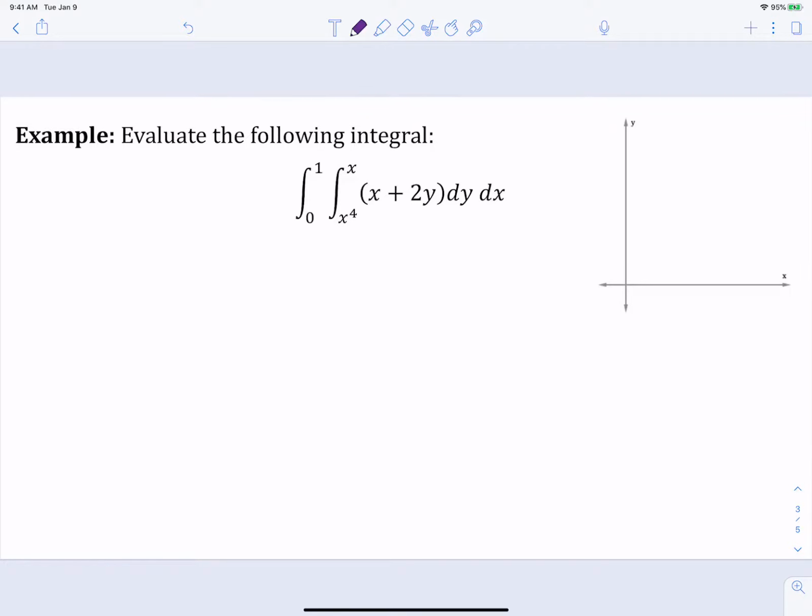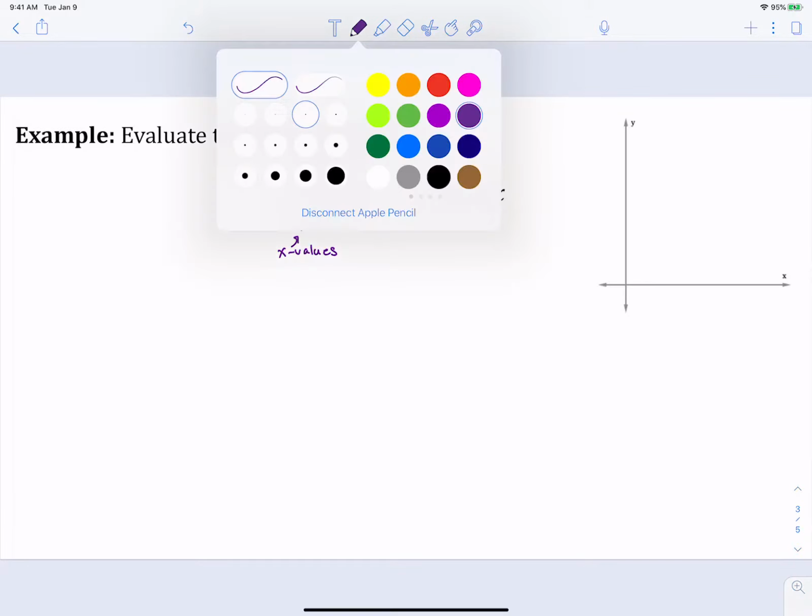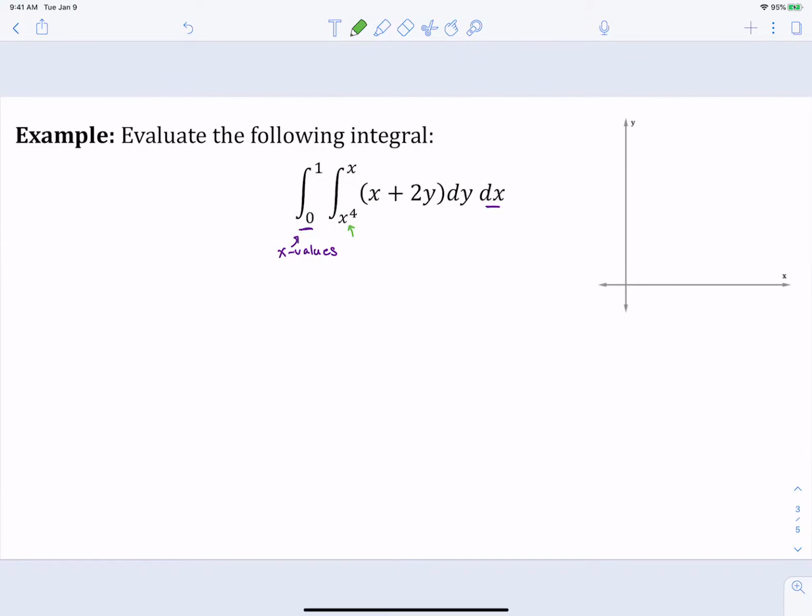All right, so we've got an integral, and it's going from 0 to 1. And notice our outside limit of integration is dx, so these are x values here, and our inside limit of integration is dy, and so these are our y values. So one of the things we're going to want to do with these double integrals, especially when we've got these regions that are not rectangular, is often graph them. So it's going to be kind of interesting because some of the time you're going to be